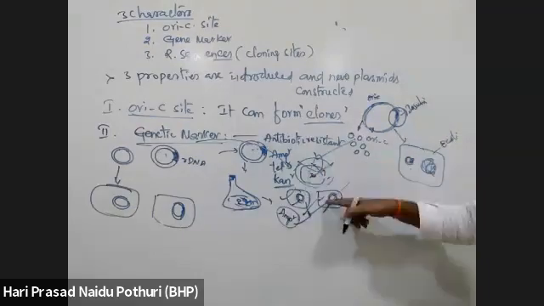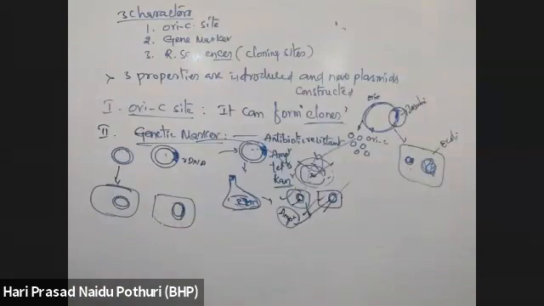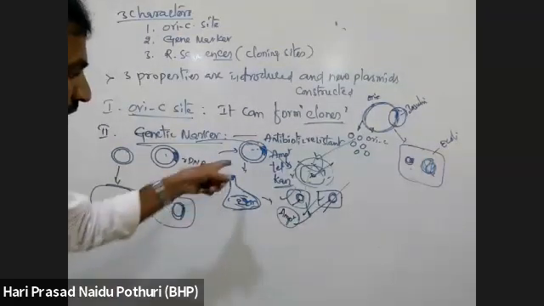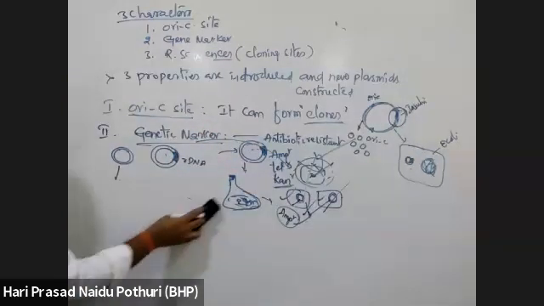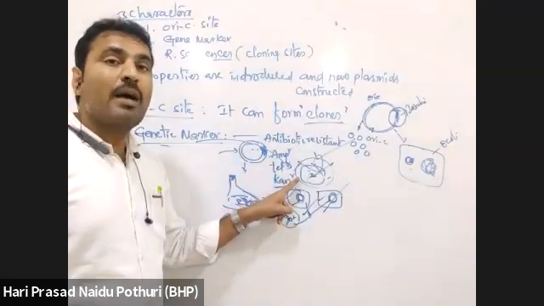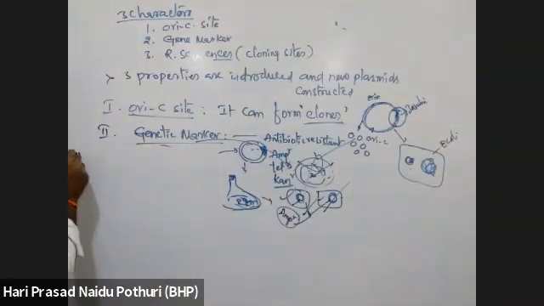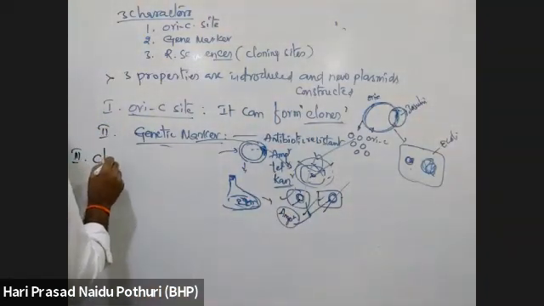In those transformants, again, recombinants are there, non-recombinants are there. That recombinant, non-recombinant selection is done by what? By insertional inactivation, beta-galactosidase activity. I mean blue-white colony screening. Yeah, beta-galactosidase. That we'll see later, after the gene transfer methods, when I explain that process. So actually genetic markers are used to separate non-transformants from transformants. Then the third one is cloning sites.